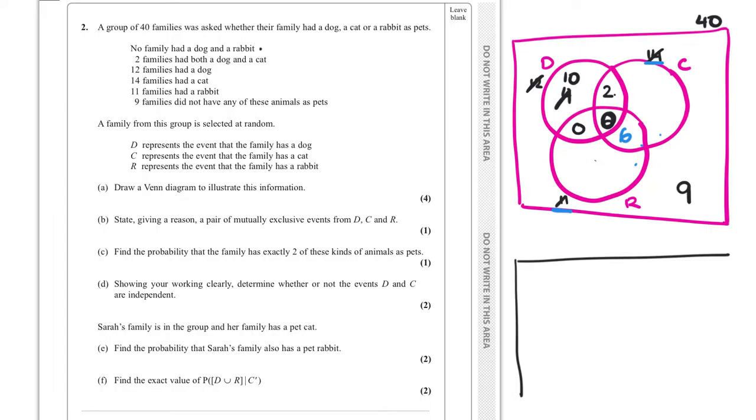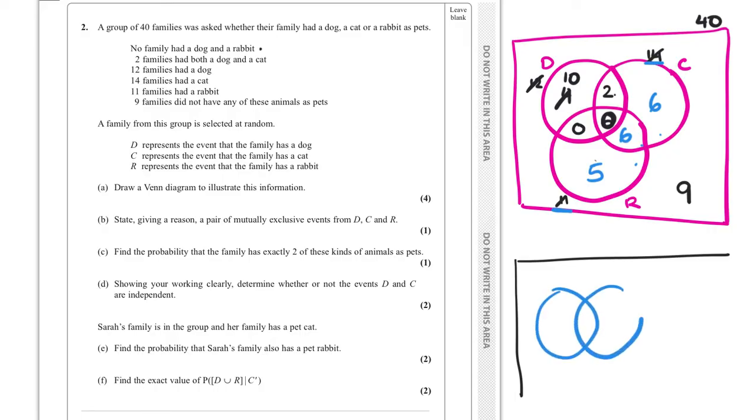2 families had both a cat and a dog. 12 families had a dog. 14. 11 families had a rabbit. 9 families do not have any of these pets. Right, is this definitely right then? So what's 2 plus 6 is 8. 6 and 5. Yeah. Okay. No family had a dog or a rabbit. 0, 0. Yeah, so you could have drawn it